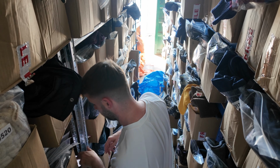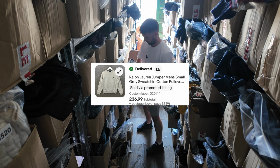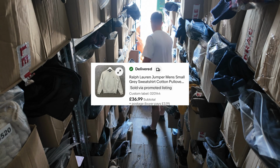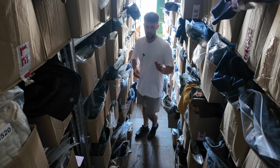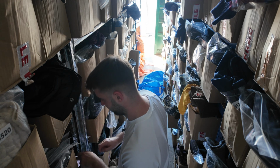Next up, the old reliable Ralph Lauren cotton sweatshirt. Like I said in a previous What Sold video, 30 to 35 all day long. Love picking up them. That was a size small as well, so really good price on that. Next up, Ralph Lauren swim shorts,